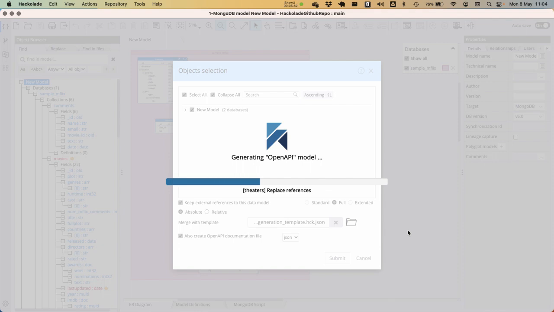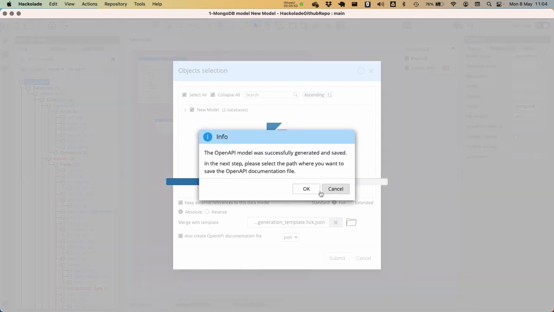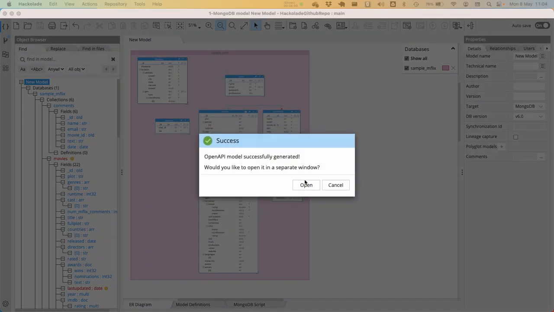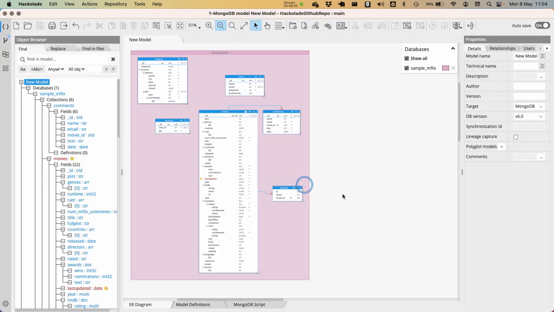It's going to create the entire transactional schema description of everything that you can do with this API, but it's also going to generate the documentation for it. So this is what I'd like to store here. Open that up. Give me one second while this is loading, and then you will see that the OpenAPI model is now available